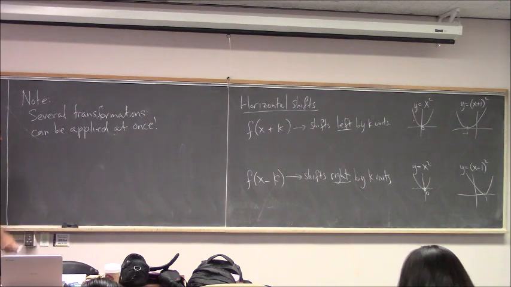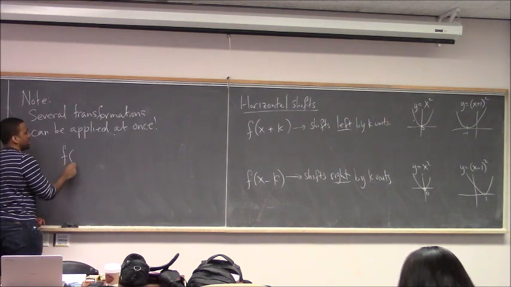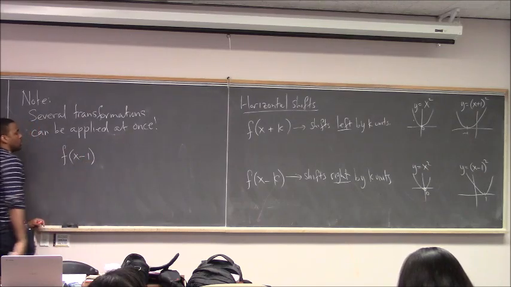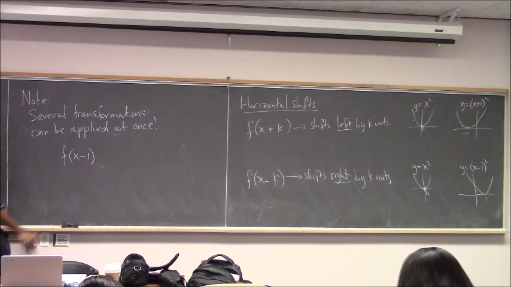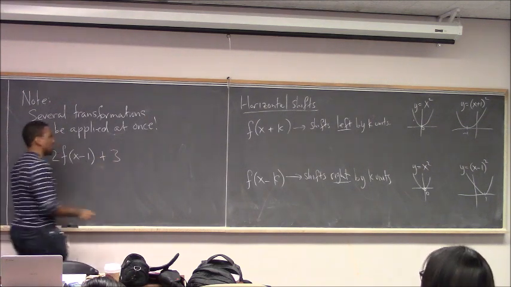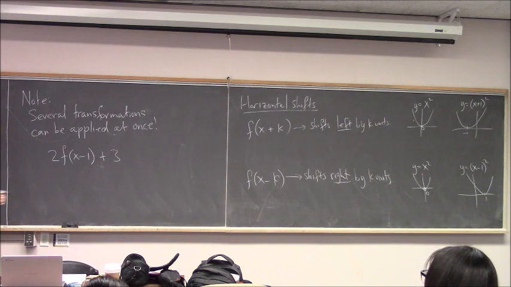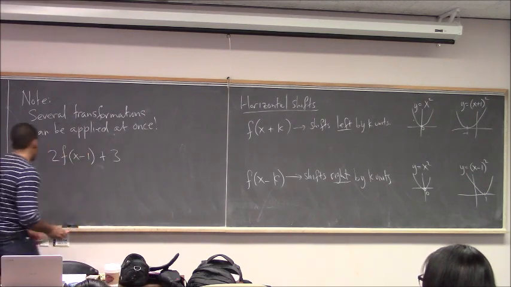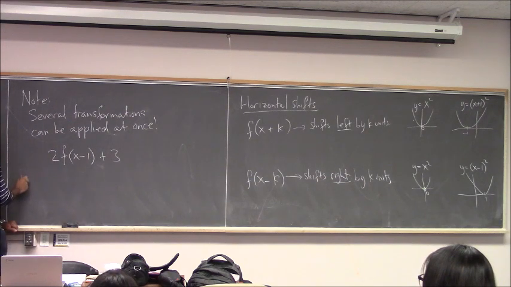So I can start with a function f of x, and I can decide to shift it horizontally by 1 unit. Then I can say, oh, I'm going to stretch it, and then I'm going to add 3, right? So I can do a bunch of things all at once, and the graph will move around and change itself based on what I'm doing here. And sometimes students get confused on how to actually apply this, but the rule is